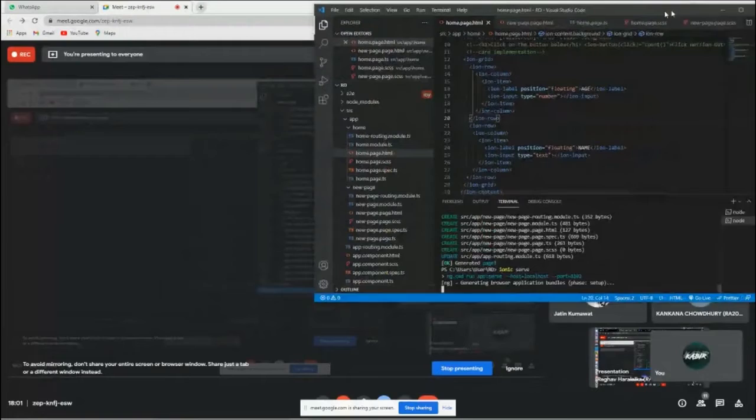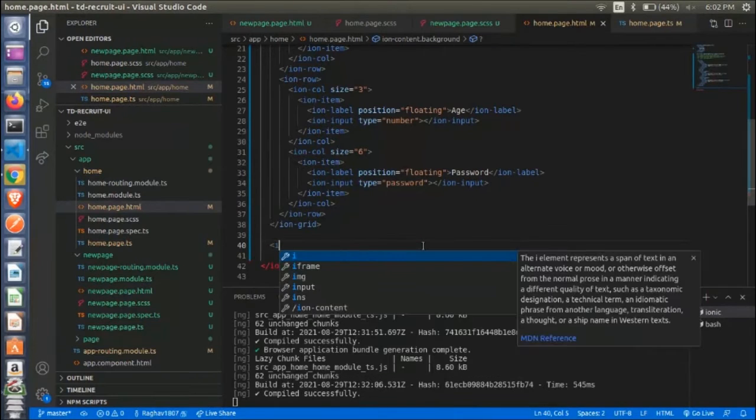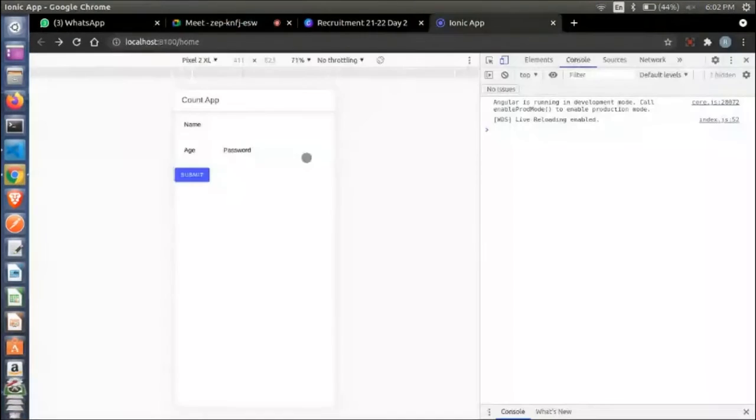Okay, thanks. So what I did just now is I created an ionic button in which I gave the text as submit. So here you can see that the ionic button with the text submit has appeared over here.